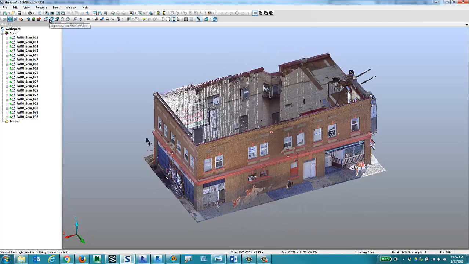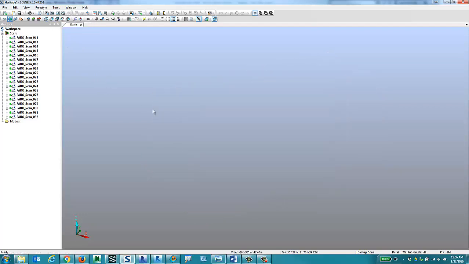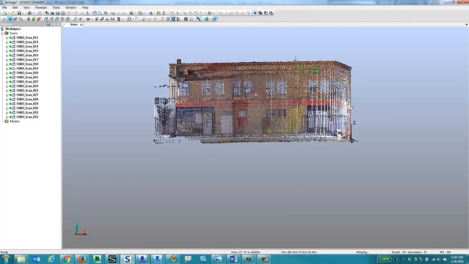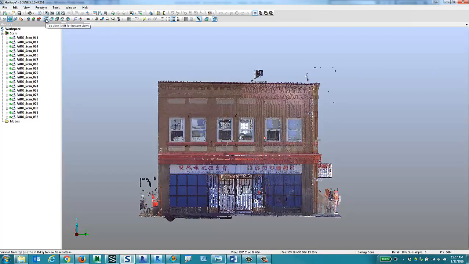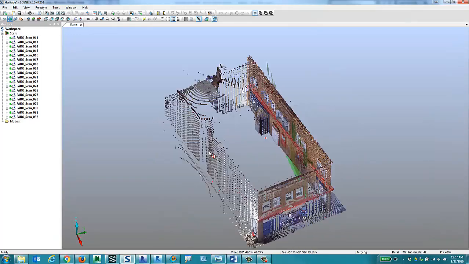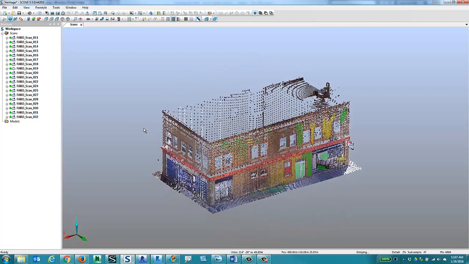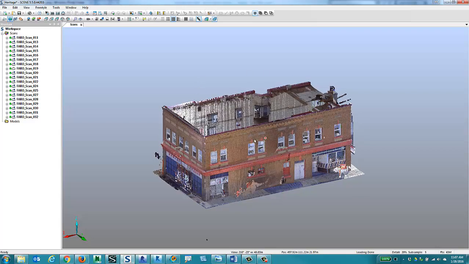But the important thing to know is that this is now set, these sidewalks are set to a 0 elevation, and when we look at these from different angles, we can see that everything is located according to how we need it located. If we look at it front on, we can see that. If we look from the top down, it's located. So Revit's really going to like this data coming in at those angles, and it saves you a step in Revit of rotating all this stuff and getting it into the location. So clean up your point clouds, clip out any of the data that you don't need, locate them properly,